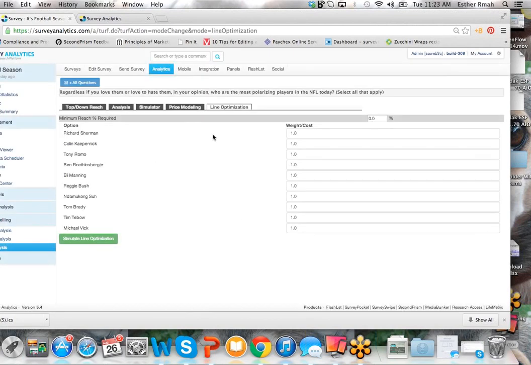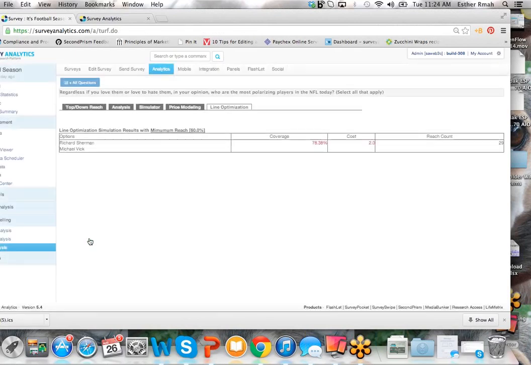And then here, the line optimization is if you're just interested in getting a minimum reach. Say, for instance, you're looking for maybe a 60% reach, and this is how much it costs to work with these people in terms of marketing, and you just want to simulate a line optimization.